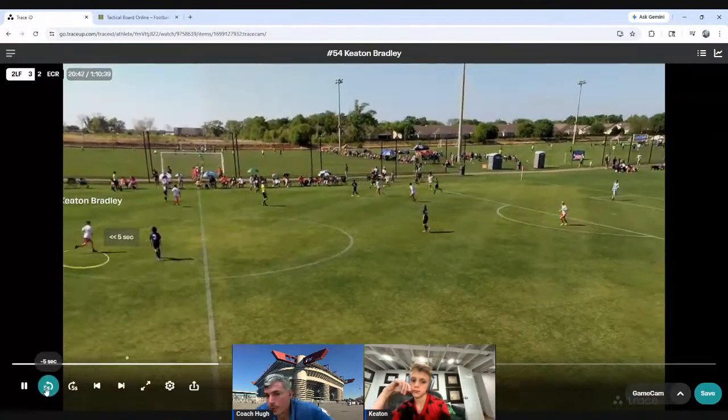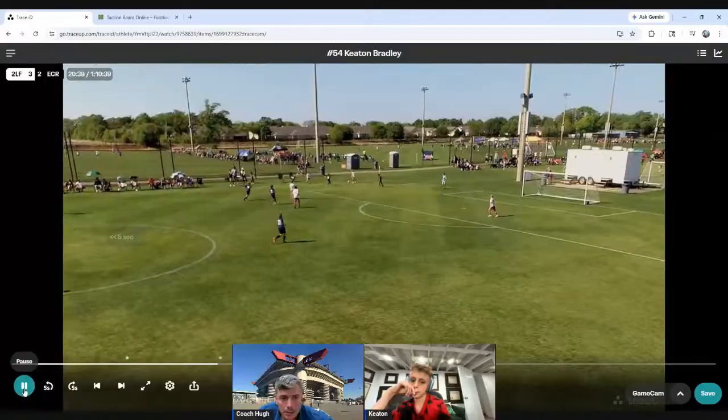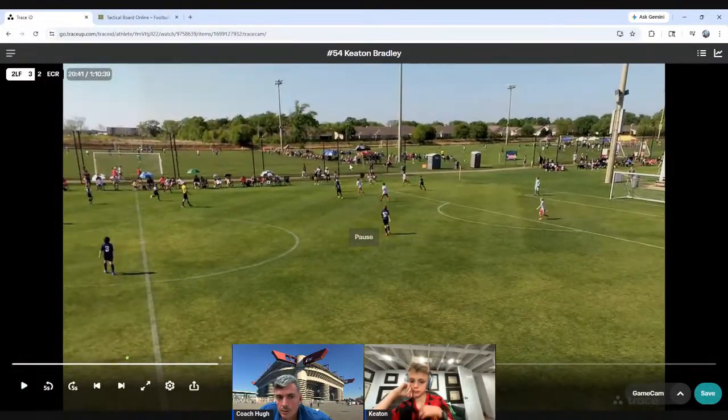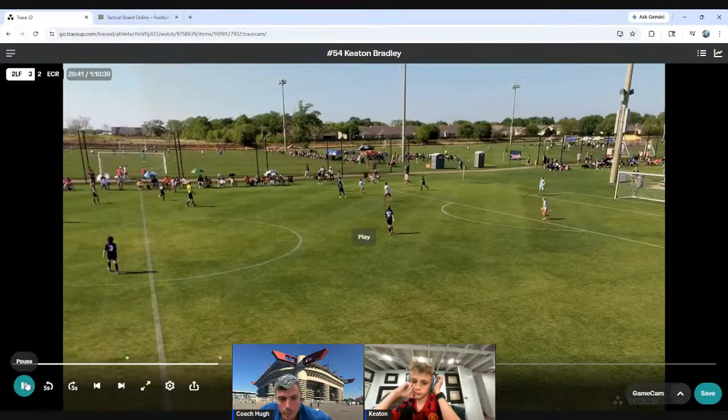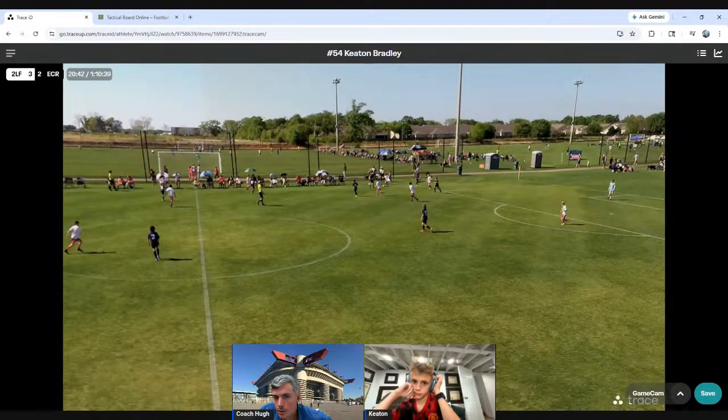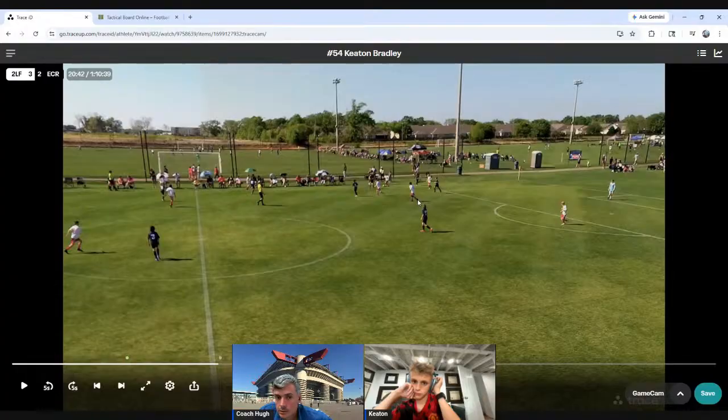So I'm going to bring this back to you just in case you are this guy. So often at this age, what I see is that the wingers, or the outside backs, are always looking to play the wingers. But right here, if he squares the ball to Nico or even plays Dylan, Dylan has this ball and all this space. Dylan can then take a touch forward here, or he can turn it back and go to here.